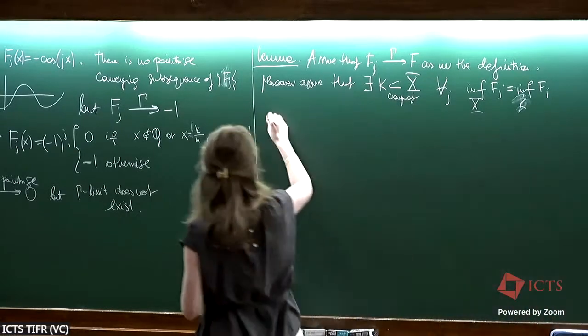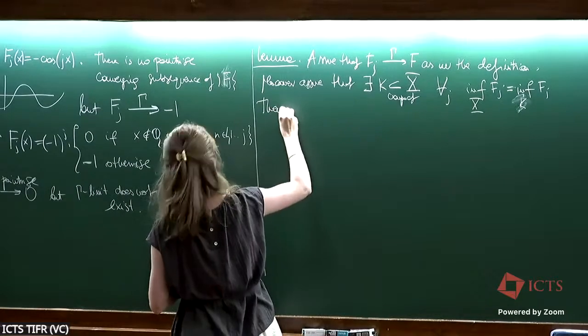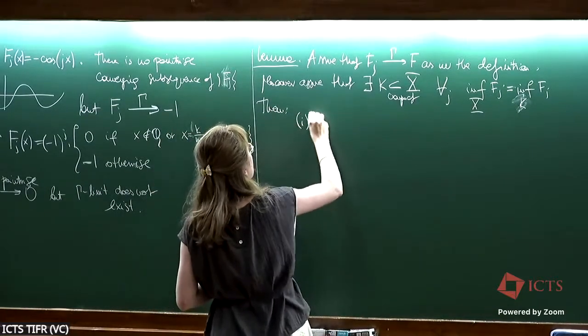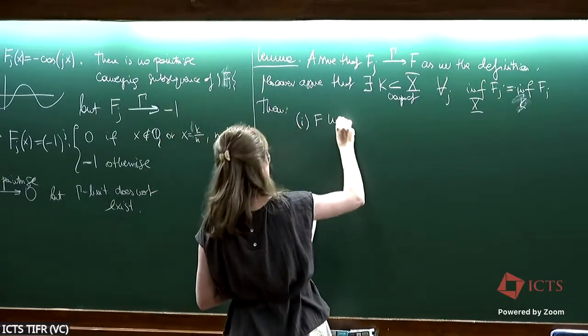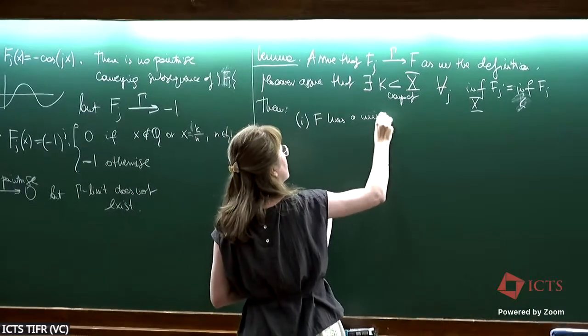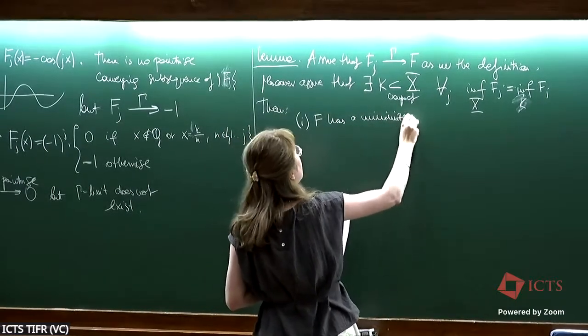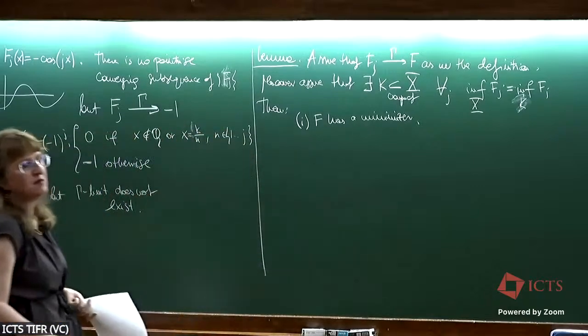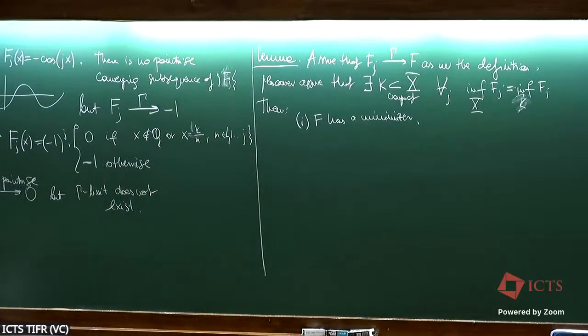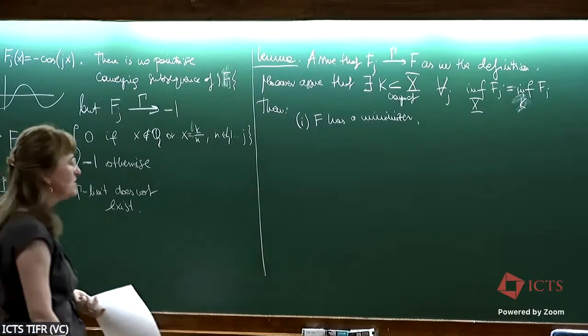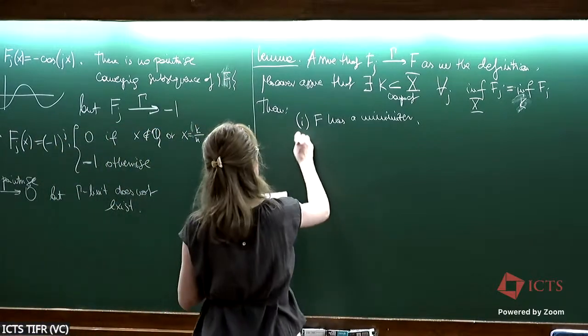Then, one, the gamma limit f has a minimizer. I haven't assumed that the fj's have minimizers. I just assume that they have infima. So I conclude that f has a proper minimizer. Two,